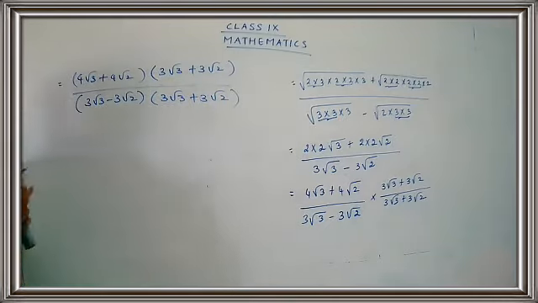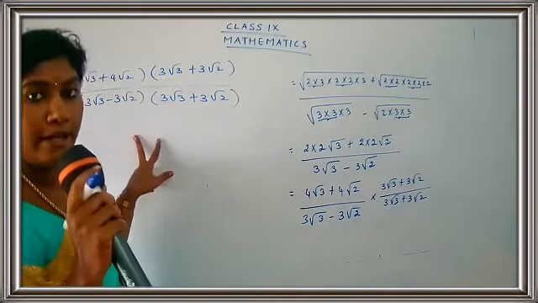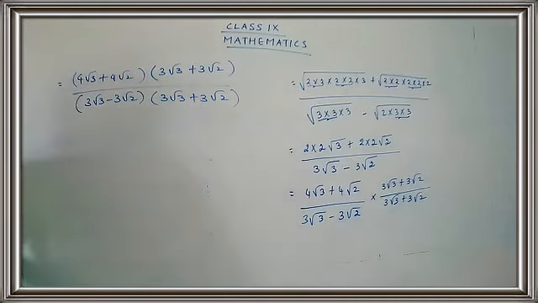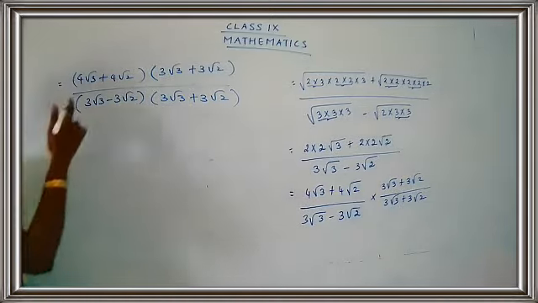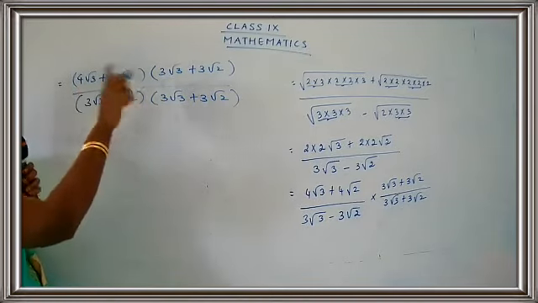So just take the numerator part together. I have just multiplied the numerator together and have multiplied the denominator together. So 4 root 3 plus 4 root 2, 3 root 3 plus 3 root 2 upon 3 root 3 minus 3 root 2 into 3 root 3 plus 3 root 2. Let me go on multiplying. Now just stop your writing work and listen to me, children. So we have to multiply. So how to multiply?